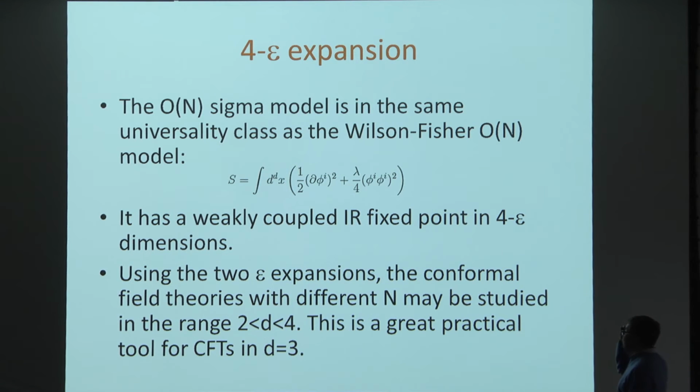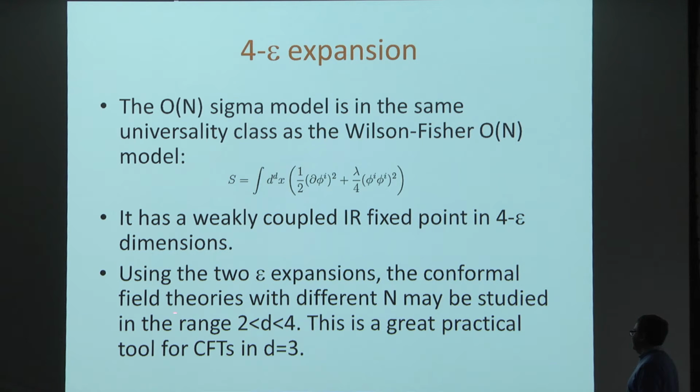Now you venture higher in dimensions, and for the ON sigma model, we of course know what the upper critical dimension is. It's 4, and then 4 minus epsilon is just described by the phi-4 theory, which now has a weakly coupled IR fixed point. So you can develop then a 4 minus epsilon expansion, and then you can kind of marry the